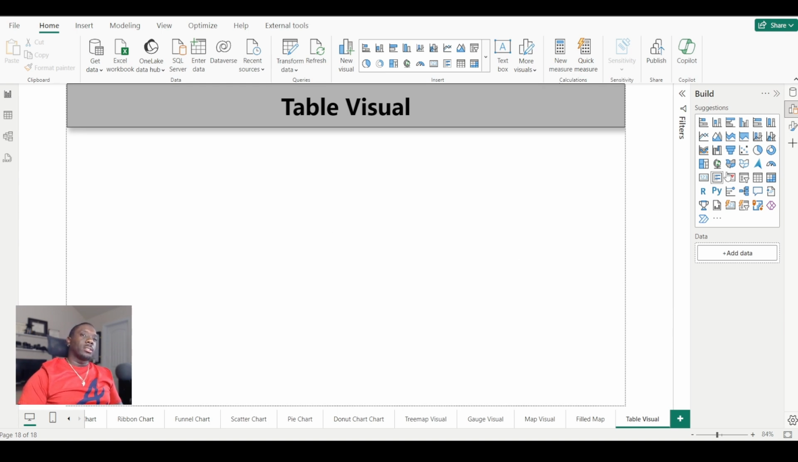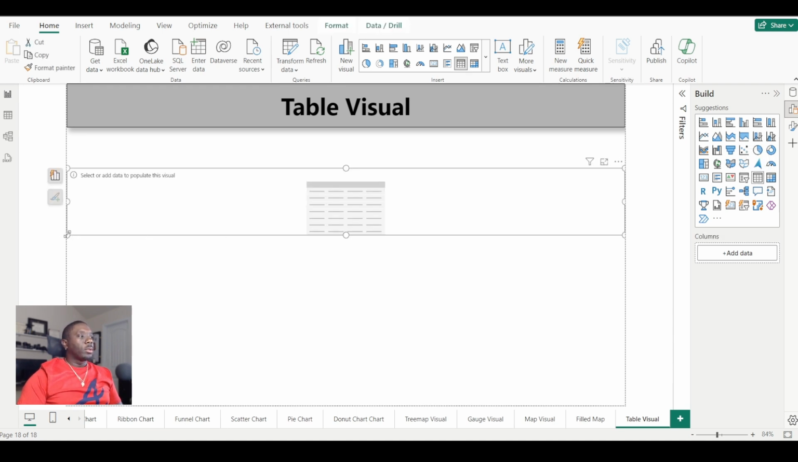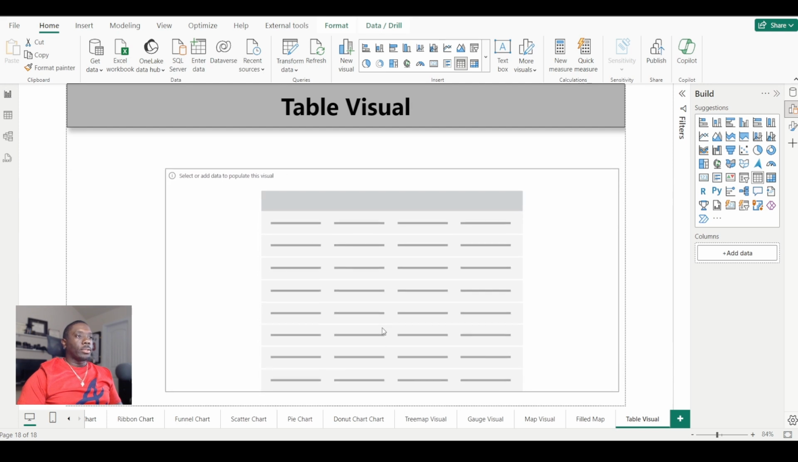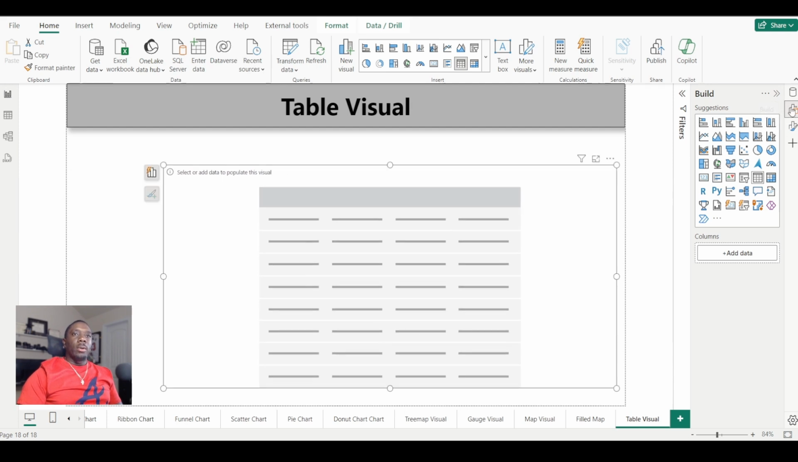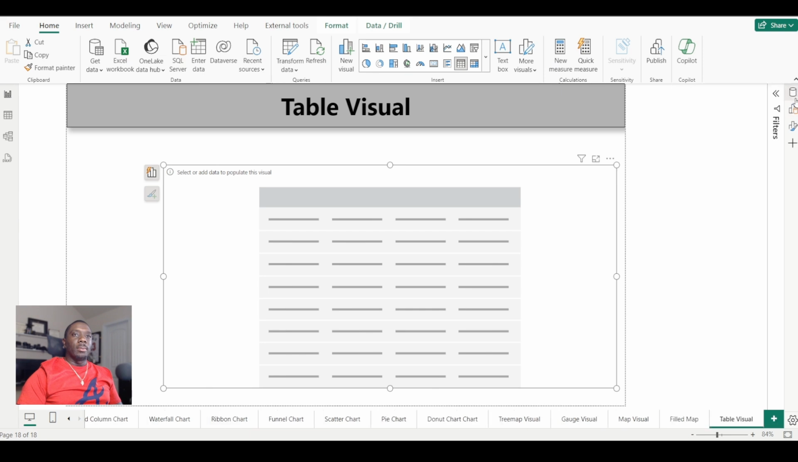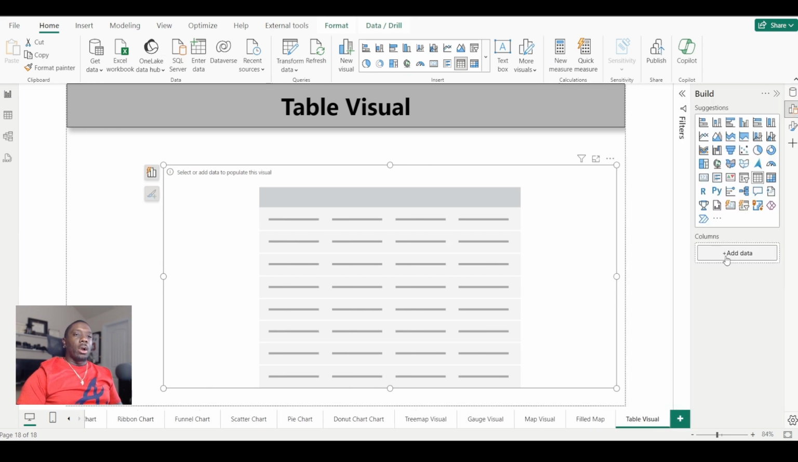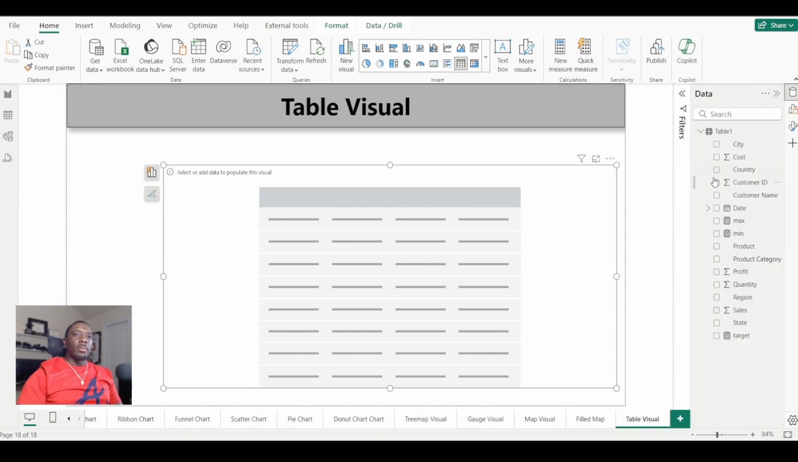Let's go ahead and get started. The first thing we're going to do here is go over where it says table. We're going to select this table visual. We're going to bring this over here so we can start developing, and we'll just get rid of this. Just keep in mind that in the table visual, all you're doing is just adding the columns. So we'll just do that from here, and we'll just start with